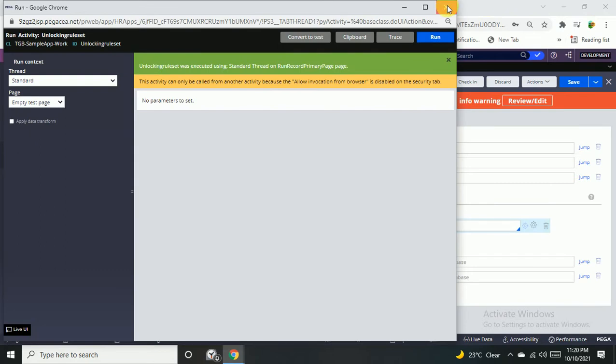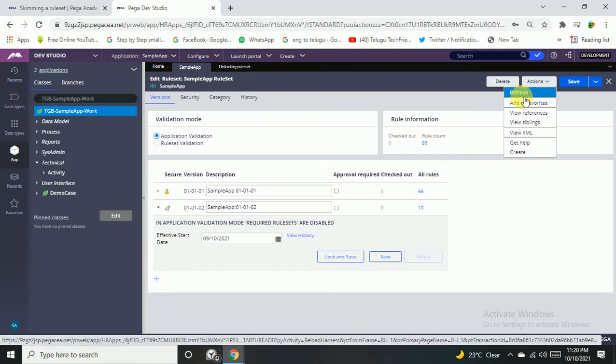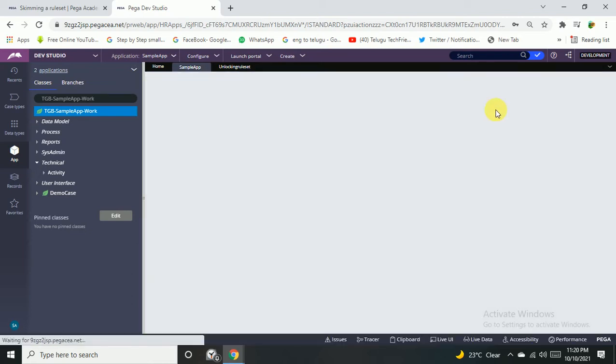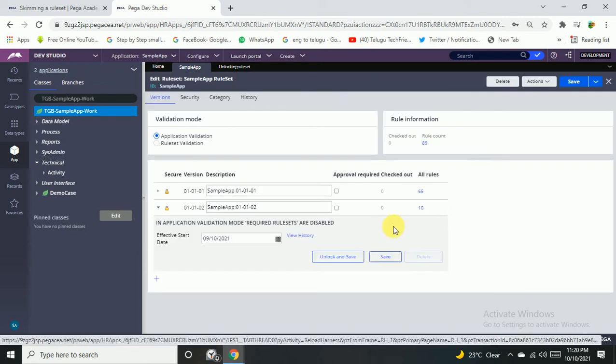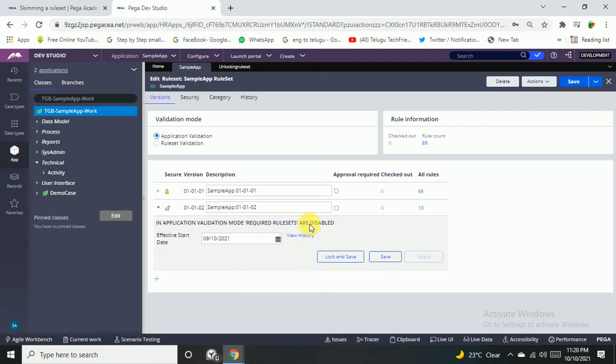And let's check in your rule set. Okay, now just refresh once. Now it is unlocked. If I refresh, what will happen? I have refreshed it, it's simply locked. So the password which I told you now, 1 2 3, is the default one, right? Let's check whether 1 2 3 is there or not. 1 2 3 got unlocked, that means 1 2 3 is taken by default.